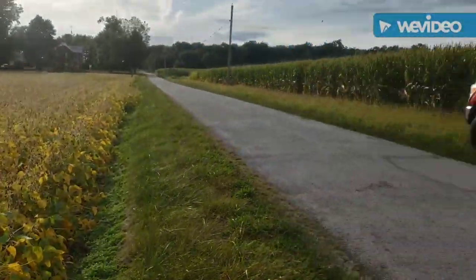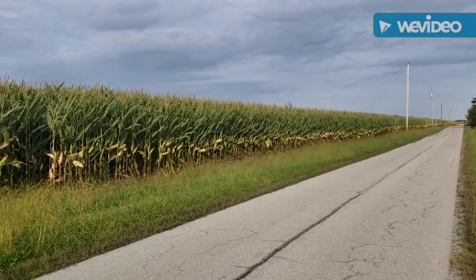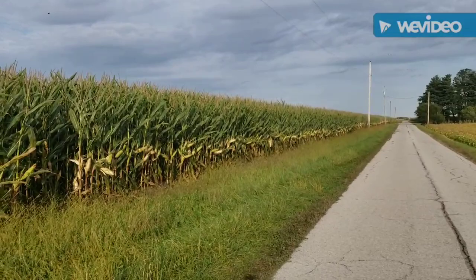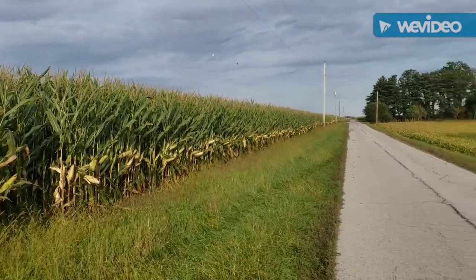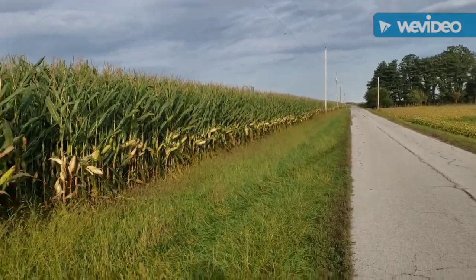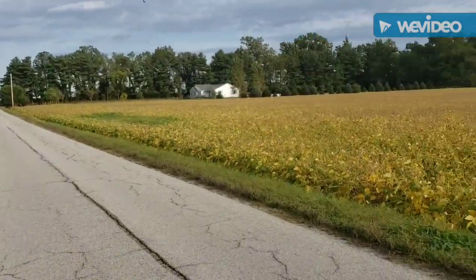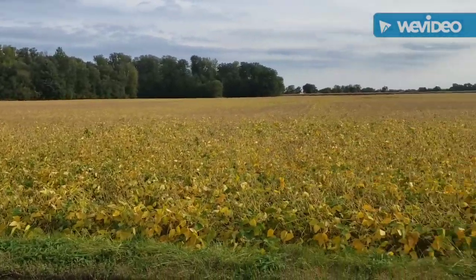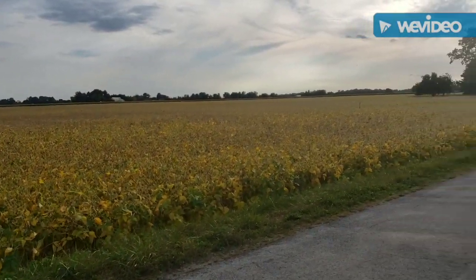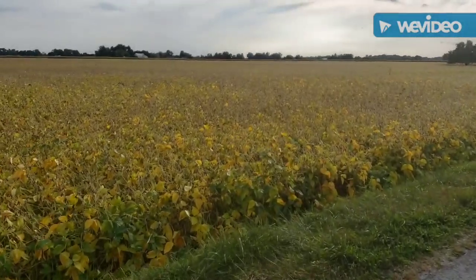And then the neighbor's corn across the way over here basically sums up how all the corn looks in our area. It's starting to turn yellow a little bit, not much. It still has a ways to go, but as of right now, I think we're probably going to be shelling corn before we're cutting beans. I'm not really too sure, but